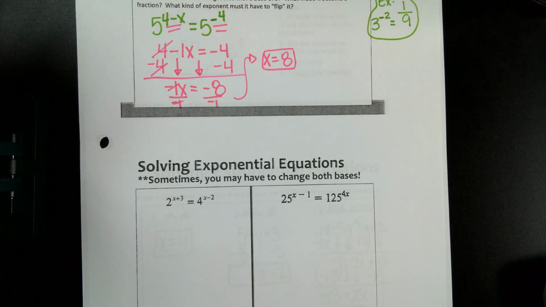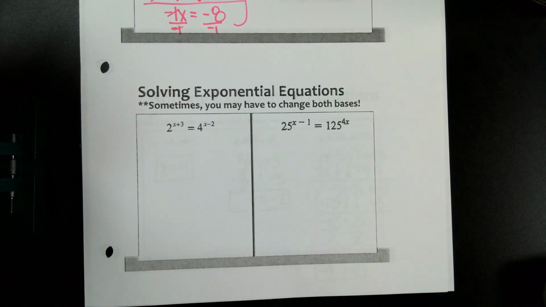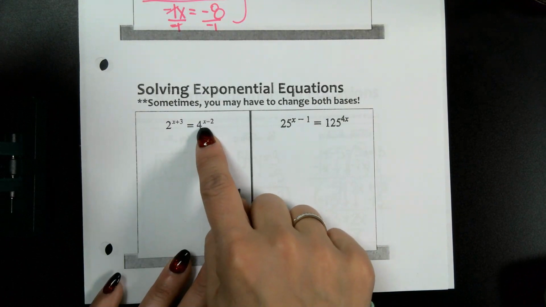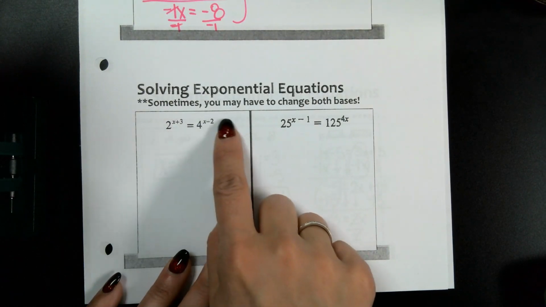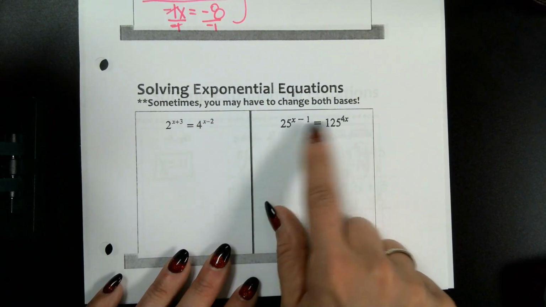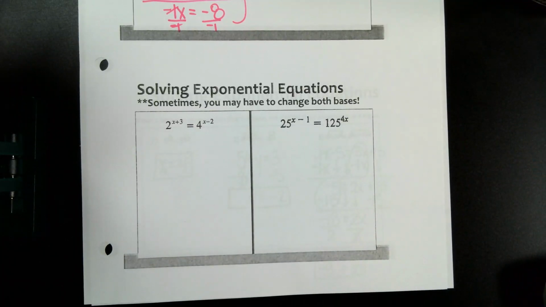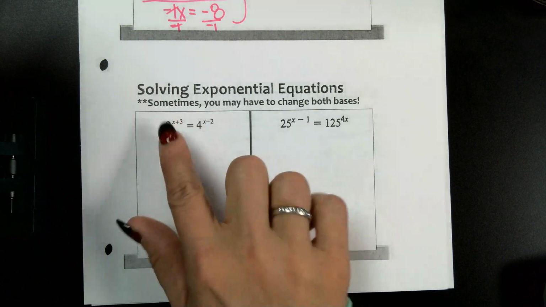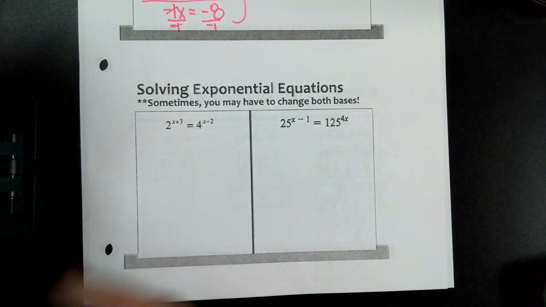So what we're going to have to do is sometimes we have to change one base to match the other, even if it already has an exponent. And sometimes you have to change both bases. Sometimes you have to change one to match the other, or sometimes you have to change both. So I would never rewrite the number 2 as 4 to some power, because 4 to the first is already too